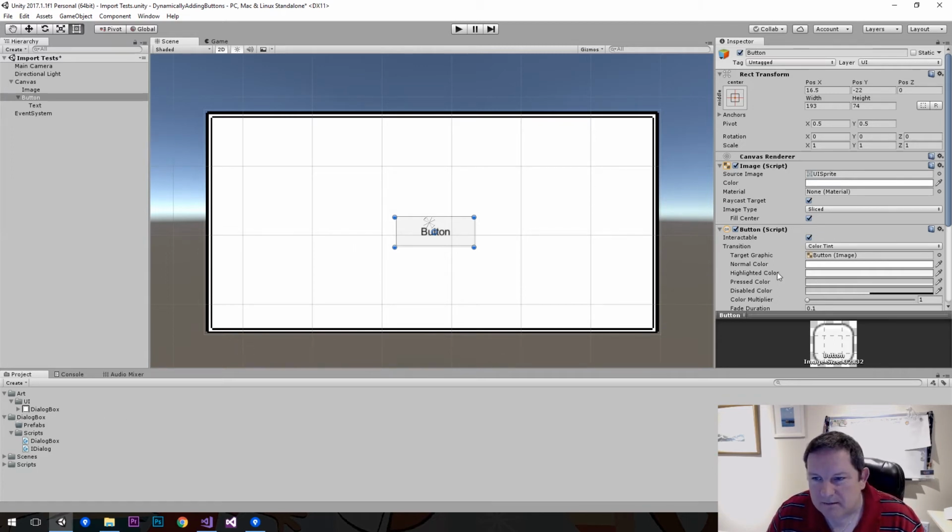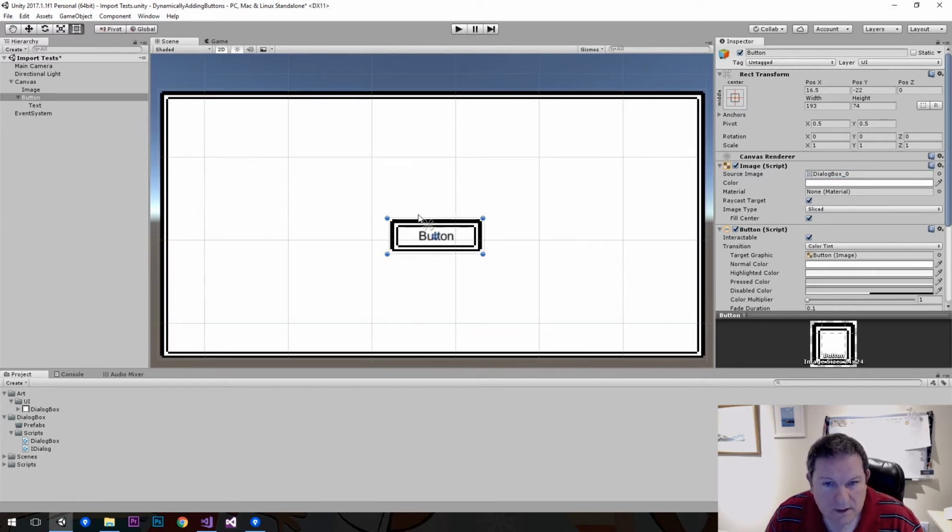So what I'm going to do is drag my dialog box onto my UI sprite, and you'll see that we have the button there, and because it's shaped, it does the right thing. Okay, so the text is not particularly ideal. In fact, what we could probably do is go to